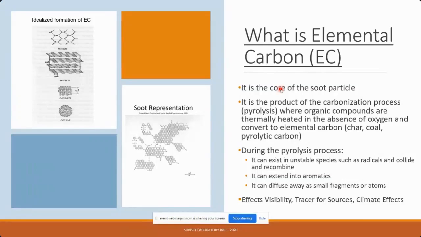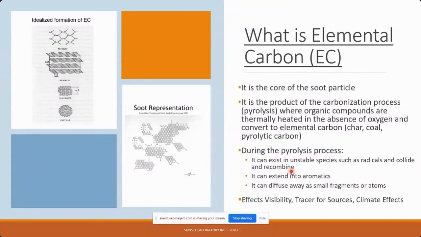During this process, the EC can exist in an unstable species, such as radicals, and collide and recombine with itself. It can also extend into aromatic rings, as suggested in the representation image as well. And it can also diffuse into the atmosphere that it's being